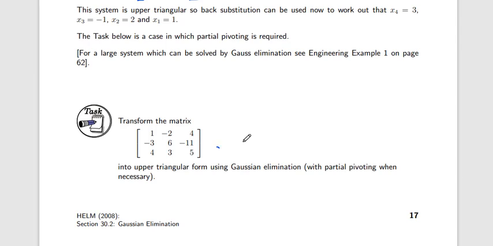So now here is your assignment: transform this matrix into upper triangle form using Gaussian elimination with partial pivoting whenever necessary, okay. I don't want you to solve this equation, only transform the matrix into an upper triangle matrix. So this is your assignment question. All you have to do is write it and upload it in the Red and White application, okay. So now today's lecture is completed.